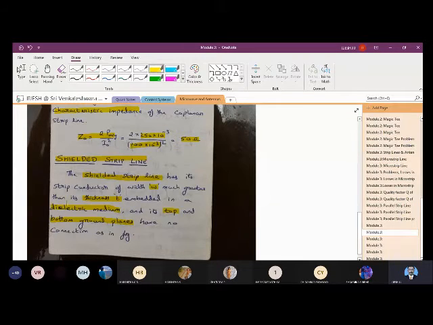So shielded strip line has a strip conductor of width W, much greater than the thickness T, embedded in a dielectric medium, and its top and bottom ground planes have no connection as in figure. So you can see that in the figure. So we'll see the figure as well. So just another 2 minutes, 5 minutes I'll take, and then we will stop it. So all of you have completed this. Complete this write-up.